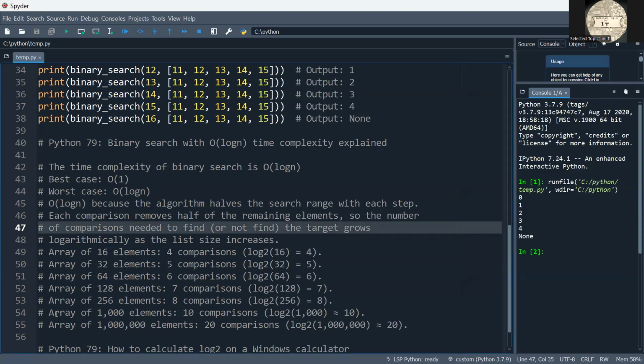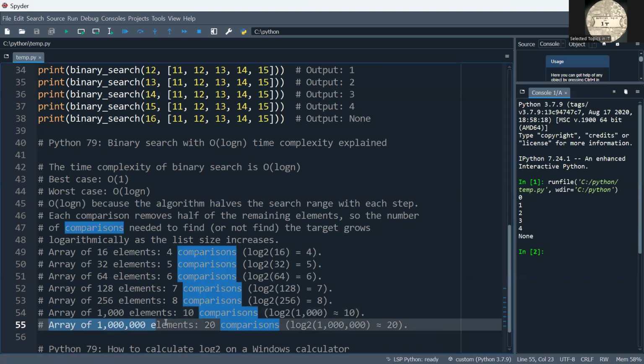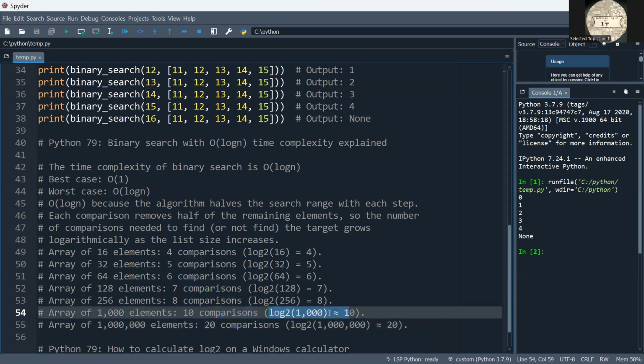I've also got here approximately 1,000 elements, that's 10 comparisons, and an array of 1 million elements, that's 20 comparisons. We can do this on the calculator, and I'm going to show you how to do that in the